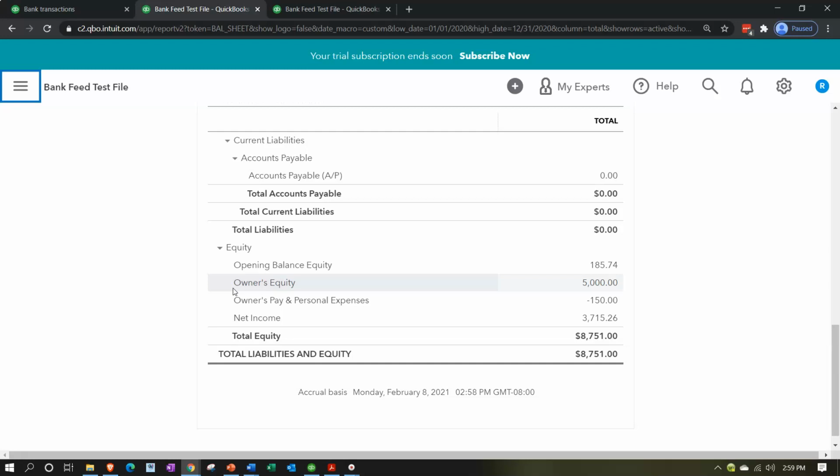Or we might want to break out some of that information, such as we have here with the draws. We have the owner's equity, which is kind of like retained earnings, which is where the income is going to roll in from the income statement that hasn't been going out yet. So it's the retained amount of income, or the accumulation of revenue over time. And then we have the owner's pay and personal expenses, which are like draws, meaning that's the amount that we took out of the equity section for our personal use, decreasing the business account, taking it into our personal